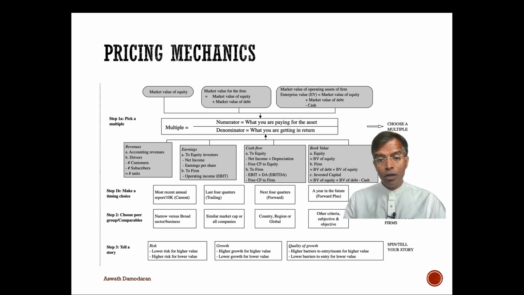It can be to book value. After all, that's what the accountants claim your company is worth, either book value of equity or book value of the entire firm, or book value of invested capital, which nets out debt. Numerator is always a market number. The denominator is something you scale that market number to. Every pricing ratio you see out there is just a standardized price. That's step one.